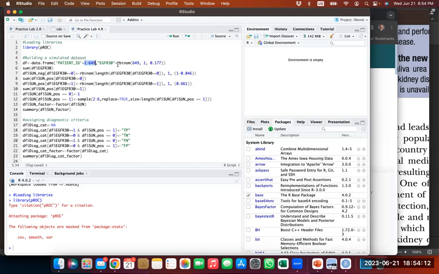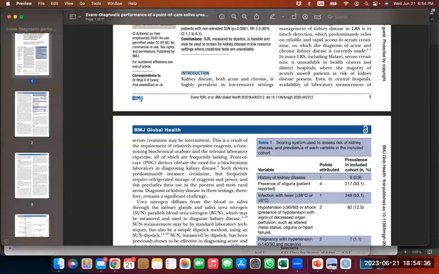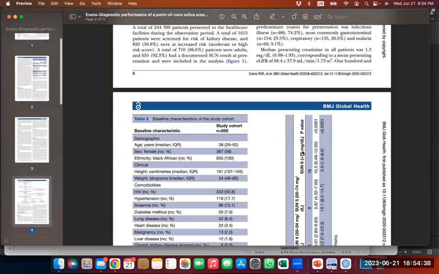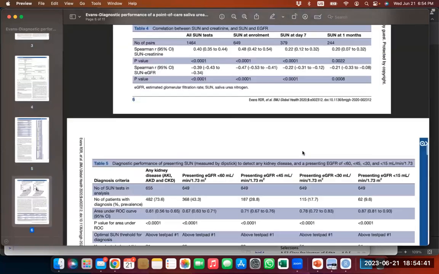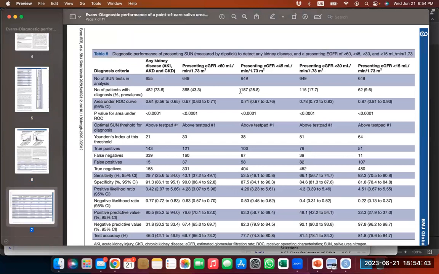rbinom is basically creating 649 entries of zeros and ones with a desired proportion of 0.77. Why 0.77? Because this is as per table 2. I think it was 2, no? Table 5, sorry. This is as per table 5, the number of